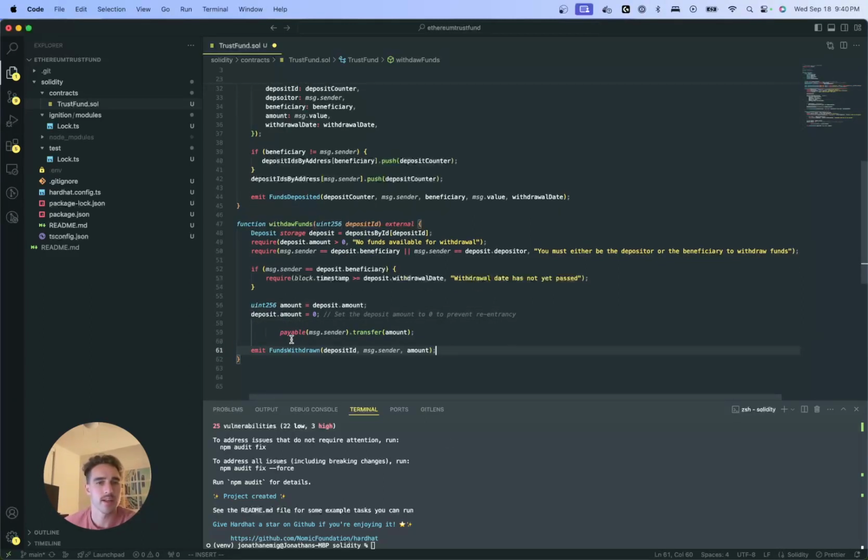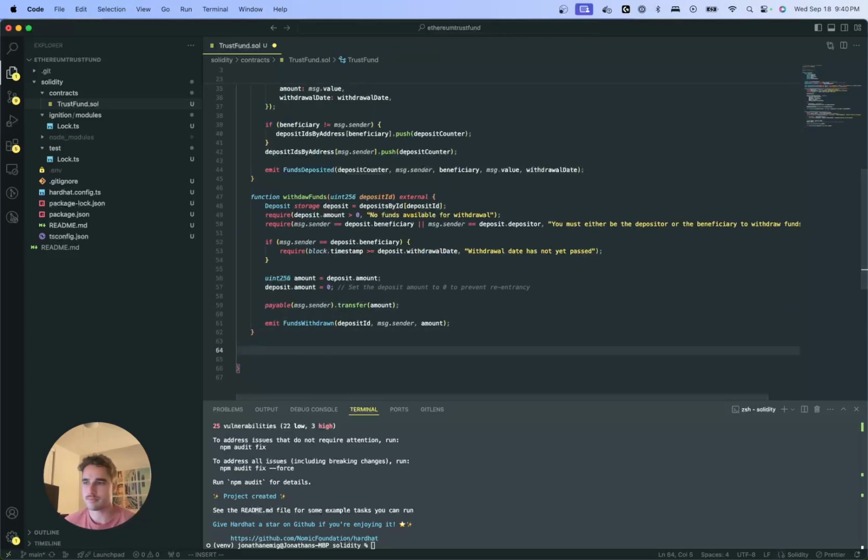And then we can send that out, pay it, and emit with funds withdrawn. Perfect. All right, so just 3 more functions here. This next one